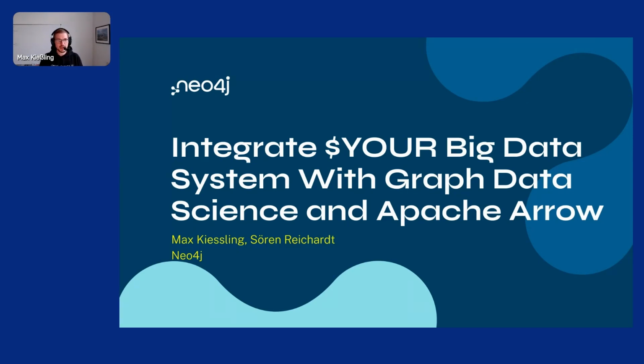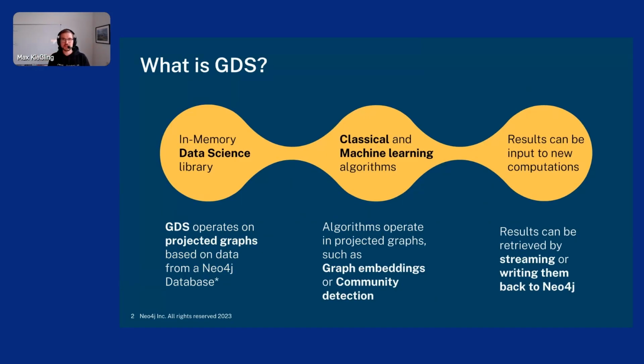To get right in, for the uninitiated, what is GDS? The Neo4j Graph Data Science Library, or GDS for short, is a Neo4j product that helps you analyze and understand your graph data at scale. It is a plugin to the Neo4j database that allows you to create in-memory projections of your graph data, either directly from your Neo4j database or, as we'll demonstrate in this talk, from many other data sources. The in-memory projection of GDS is basically an optimized computation representation that allows us to compute graph algorithms on hundreds of millions of nodes and billions of relationships and